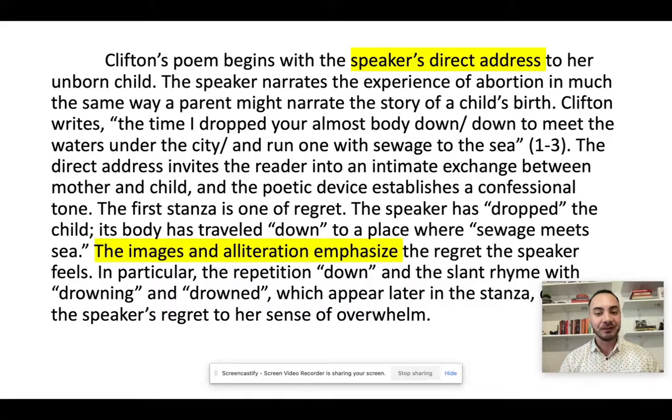A longer example of a student essay is included on Blackboard. Of course, you will also find two examples